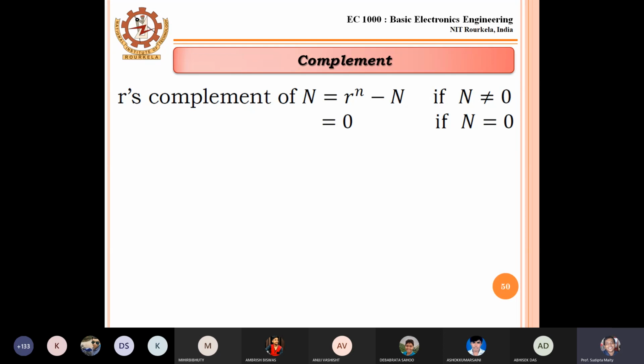Today we will try to learn R's complement. R can take any value. R can take 10, R can take 2, R can take 16, R can take 8, anything, doesn't matter. So R is the base. If I want to find R's complement of any number n, then the formula should be